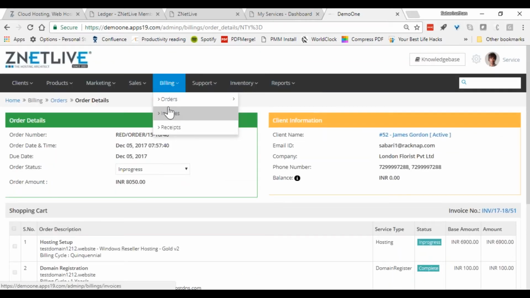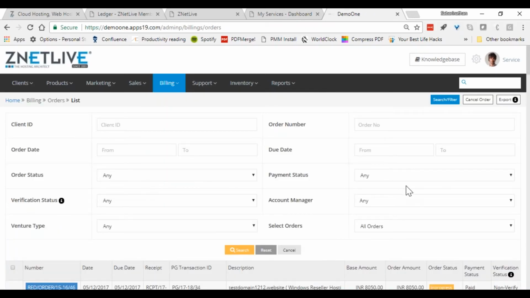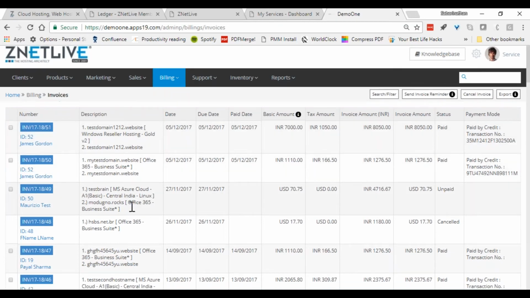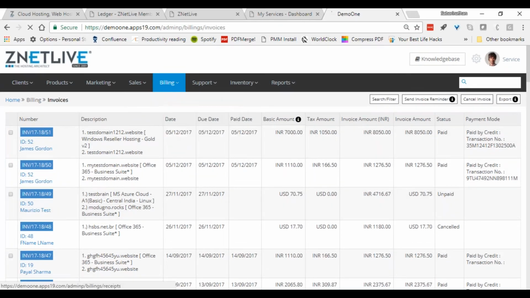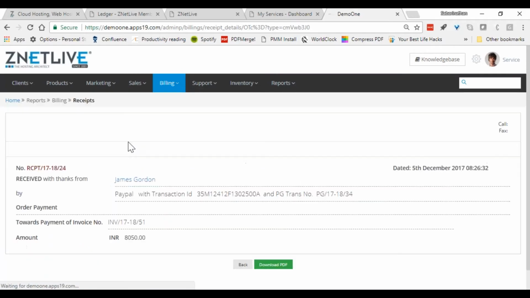So from a billing standpoint, quite a huge number of options are available, whereby you can search and filter and show only paid invoices, unpaid invoices, etc., or you can export this into different Excel formats so that you can do analytics with it, right? And then all the invoices appear in a unified way in one place. And also for receipts, all the money which has come into your merchant account, you can look at all of that in one place. So billing is also very, very handy, right?